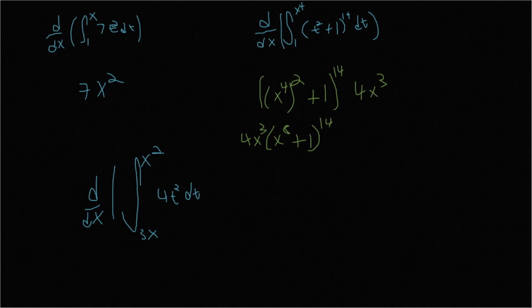Like I said before, we're going to substitute this in. So we're going to say 4 times t squared,